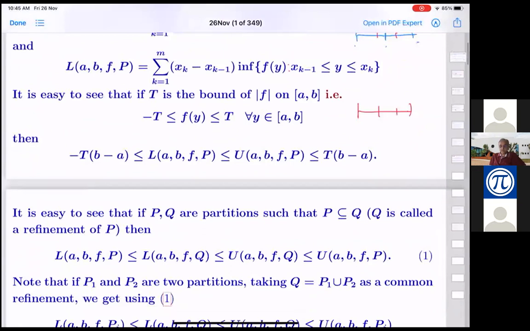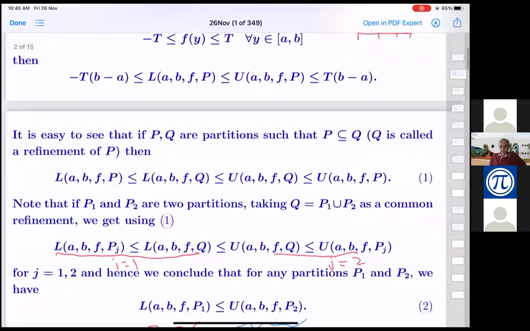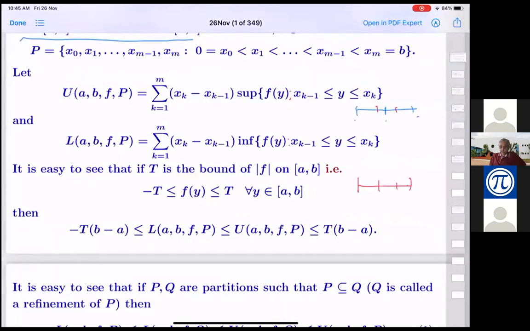Sir, but even if the partitions are not comparable, the upper bound of one is always greater than the lower bound of the other, right? So that we proved. That needs a proof. Simplest thing to observe is that if you get a refinement of the partition, then the upper bounds will come down and lower bounds will go up. That is immediate to observe. But if you don't have comparable partitions, it is not so immediate to write down. We have just little work is needed to write it out.